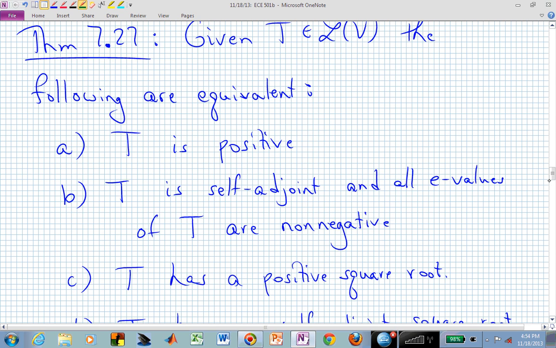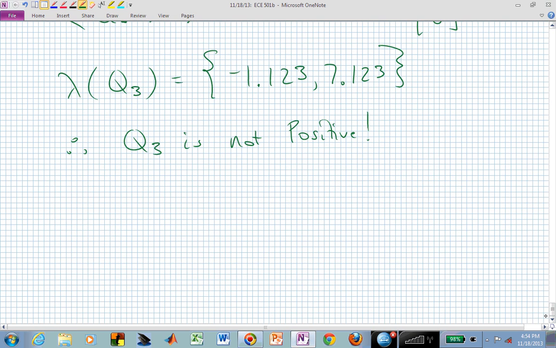So first, let's look at T being positive, and T self-adjoint with all eigenvalues non-negative. Because we've already sort of used that, but let's go ahead and now look at the proof of